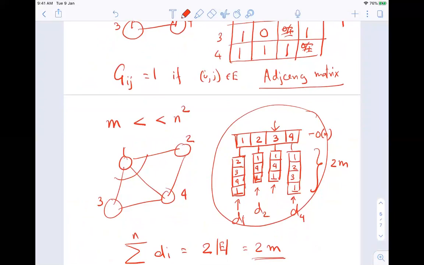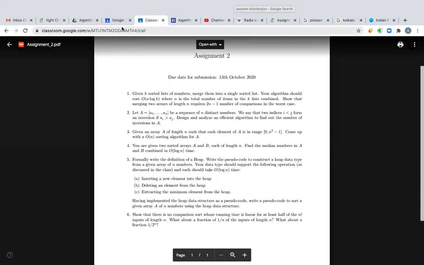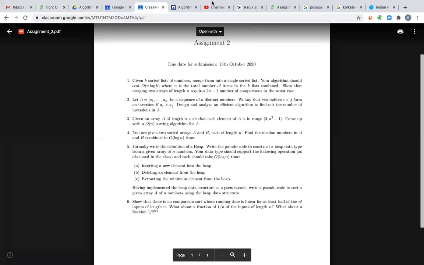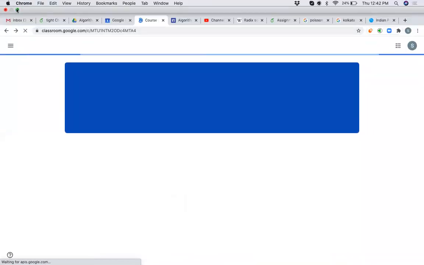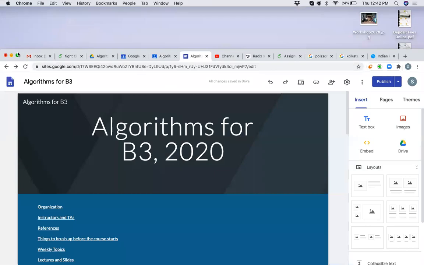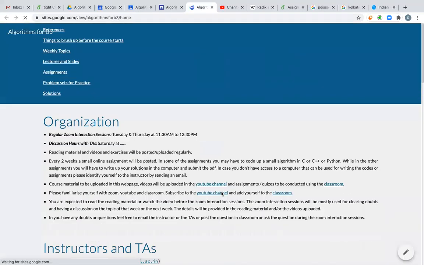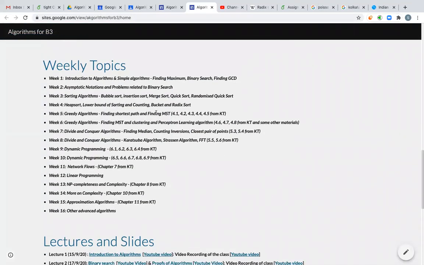By the way, I shall stop here now, but the one thing that I want to say to you guys is that if you go to the course web page, what you will see is that from next week, we start something called finding shortest path and finding minimum spanning tree.